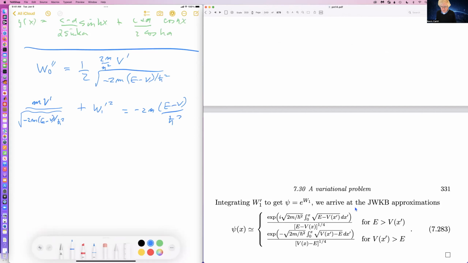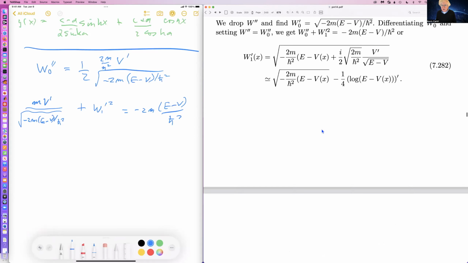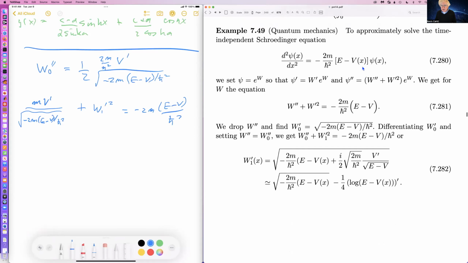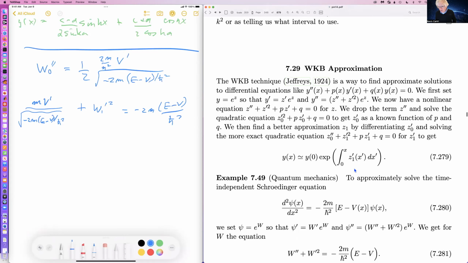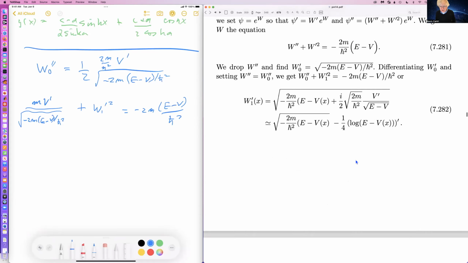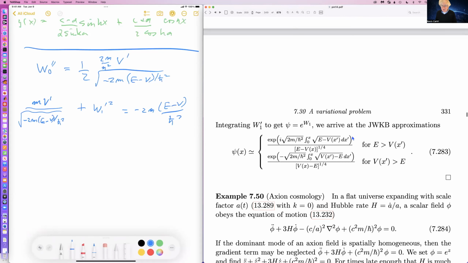And if one then integrates W prime, in other words, what you have to do is, this is the W prime here, or Z1 prime is an analog of W prime, and you integrate that, and what you get is this,